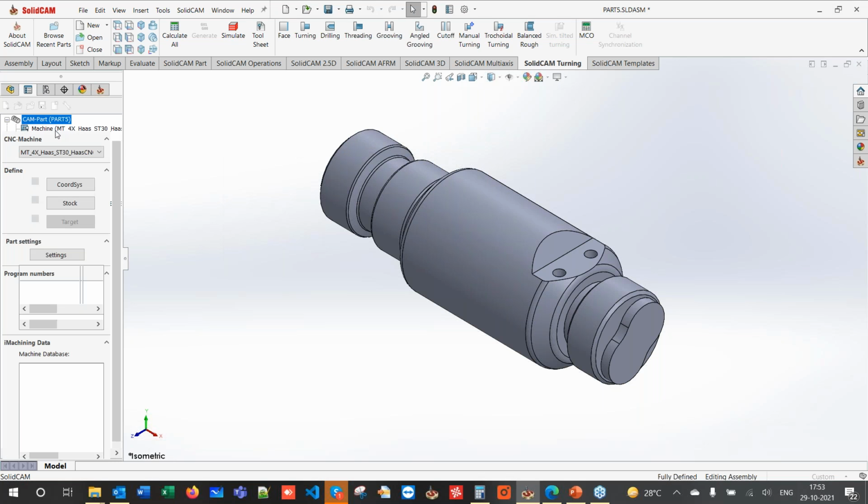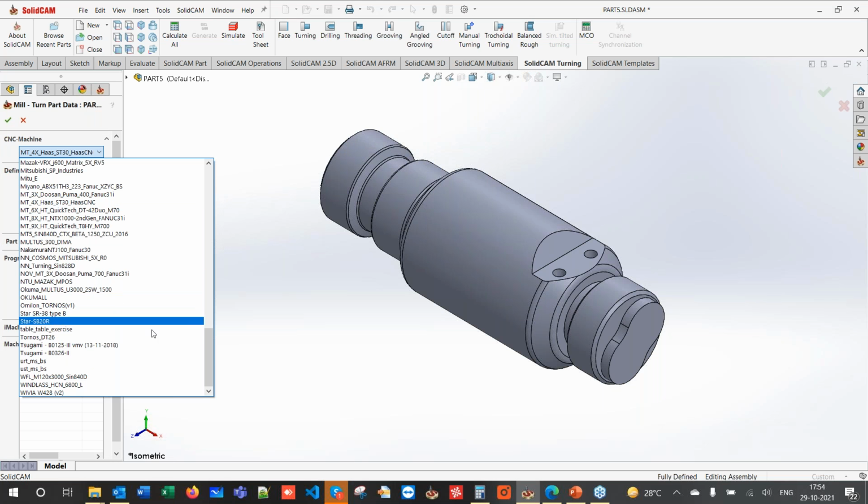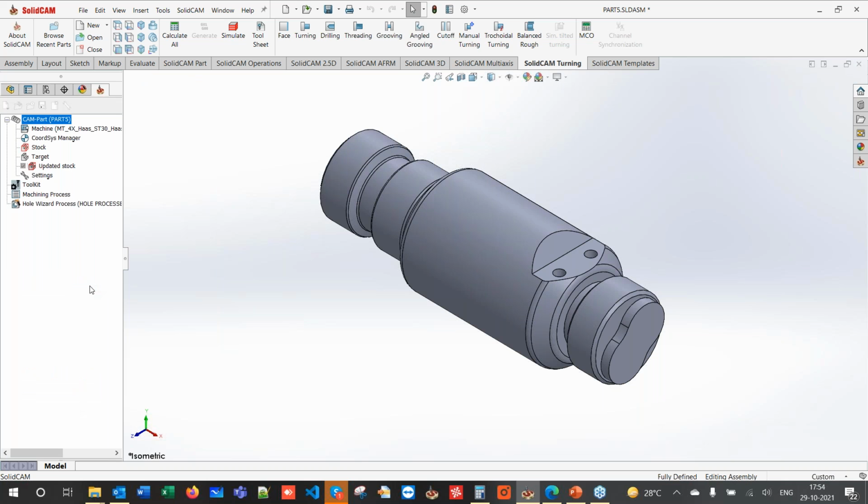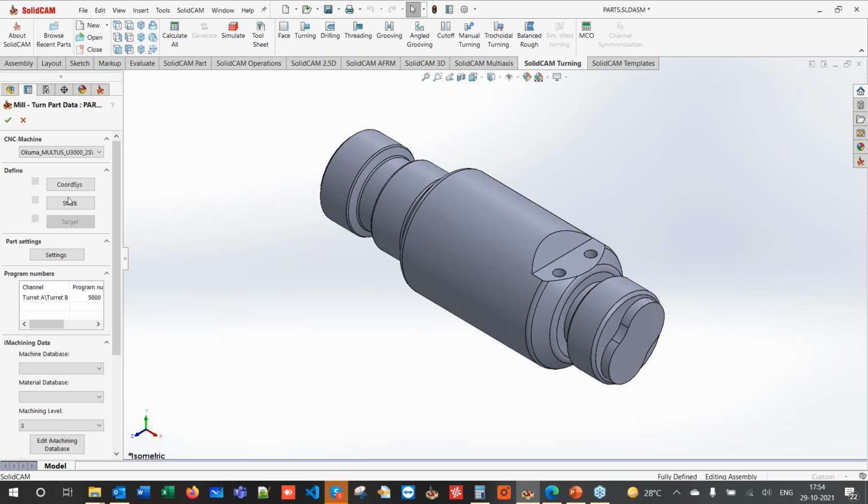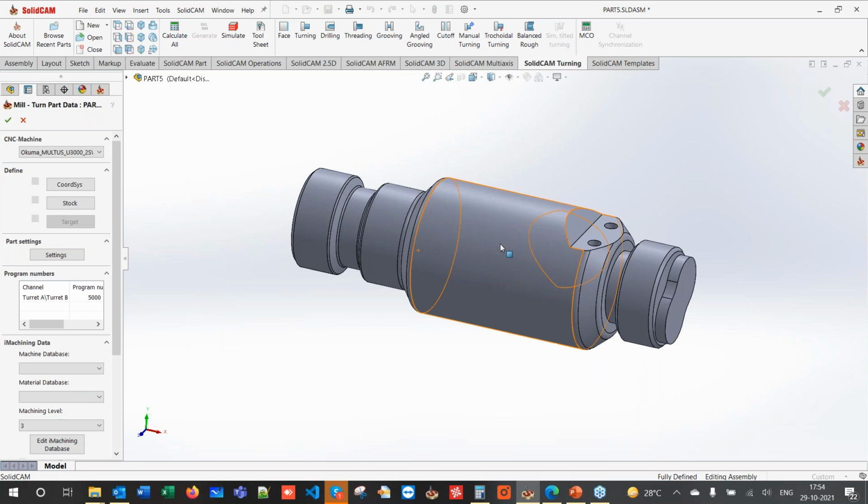And here I'll be defining the machine. In this example, I'm going to take an Okuma Multus U3000 machine, and the coordinate system that I'm going to set here is for the main spindle. Okay, so when you define the coordinate system for the main spindle, SolidCAM will take the second spindle's coordinate system automatically. So we will see this. So we go to the coordinate system,